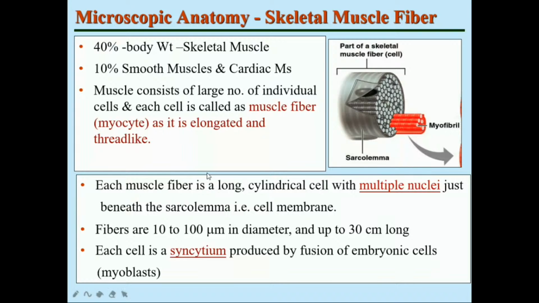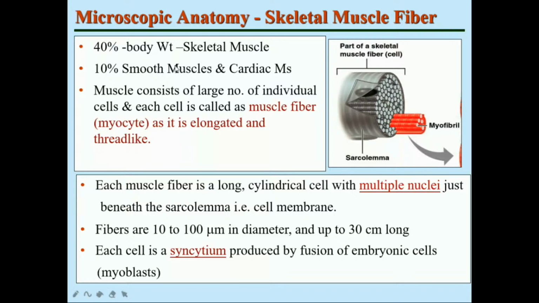Each muscle fiber, please note we are talking of a single myocyte. Each muscle fiber is a long cylindrical cell with multiple nuclei just beneath the sarcolemma. You know the cell membrane of the muscle is called the sarcolemma. So there are multiple nuclei and the overall shape is a long cylindrical thread-like structure, that is a myocyte or a